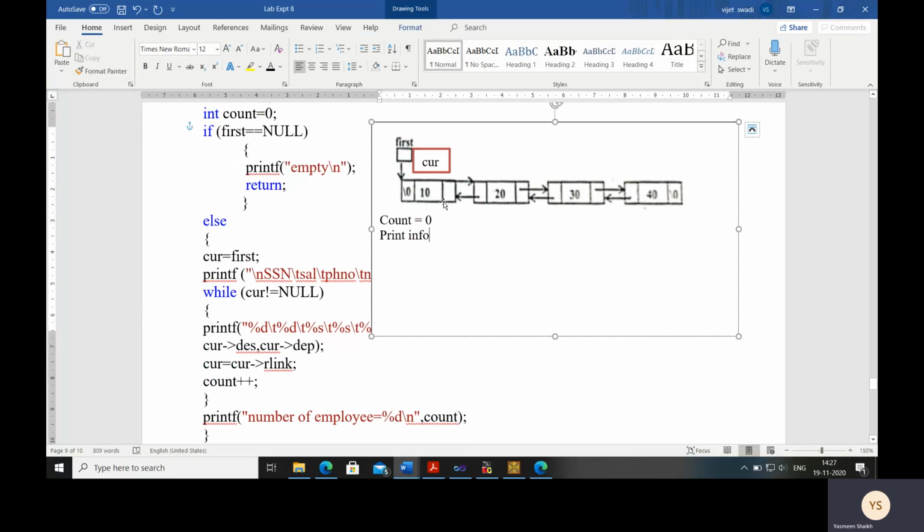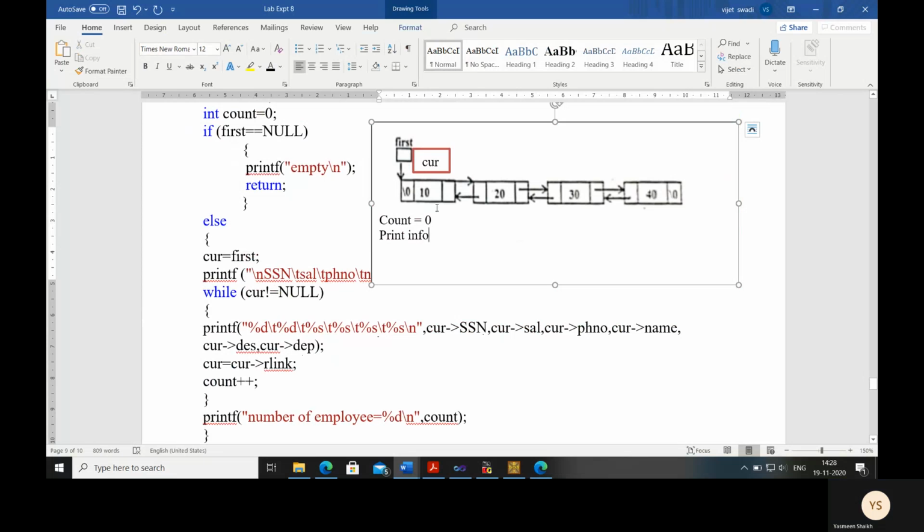After displaying all the information, this program is to display the employee information such as SSN, salary, phone number, department, designation, etc. Everything should be displayed. Here you can see current arrow SSN, current arrow salary, current arrow phone number, current arrow name, current arrow designation, current arrow department. Everything is displayed with respect to each member. The appropriate format specifier is specified, and all the information is displayed. So I am not writing print SSN, salary, phone number, name, all the stuff, but simply